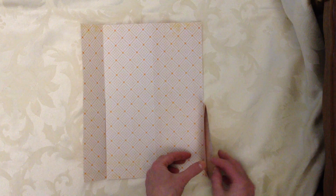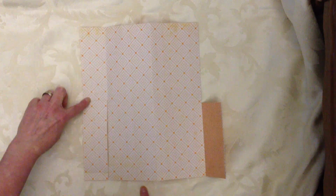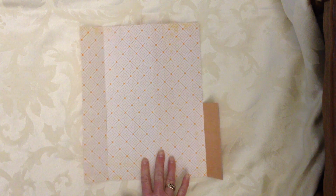Again, I went ahead and created this pocket already, so this one's all done. Folds are the same, the scores are the same, 2 inches, 6 inches, and 10 inches. And then at 5 3/4 and then down to a half, and then again opposite on this side. The only difference, if you're going to just go with the pattern paper, is you want to make the folds